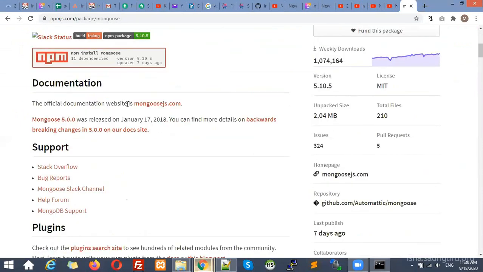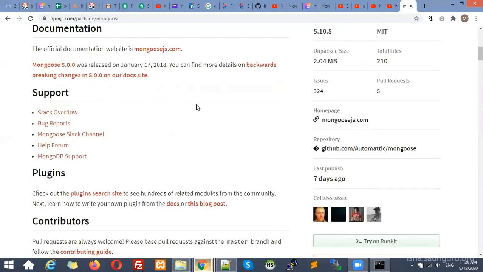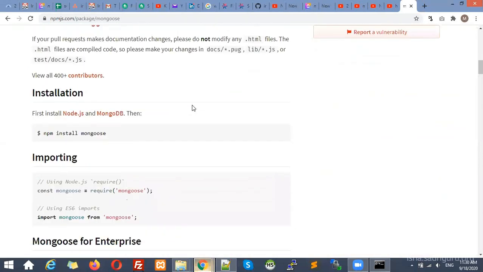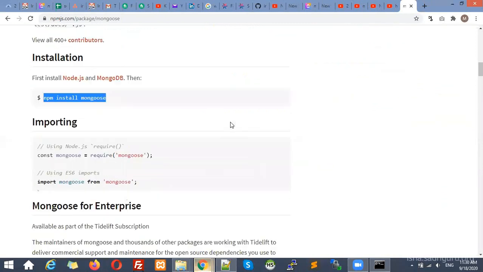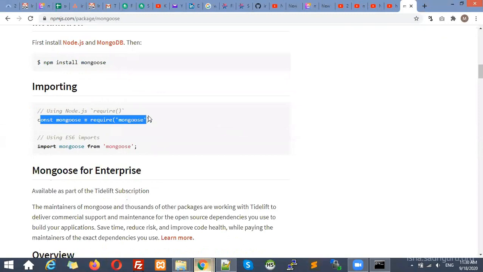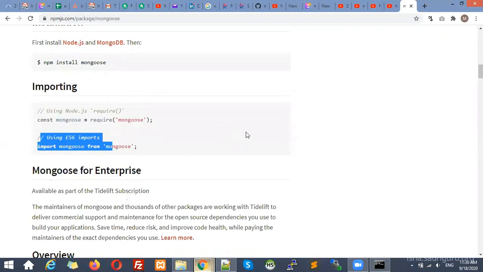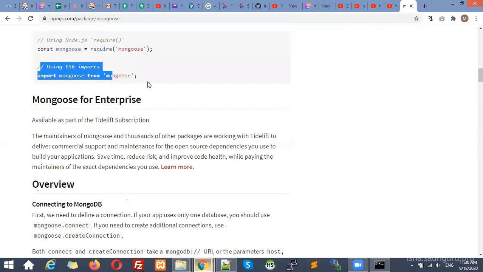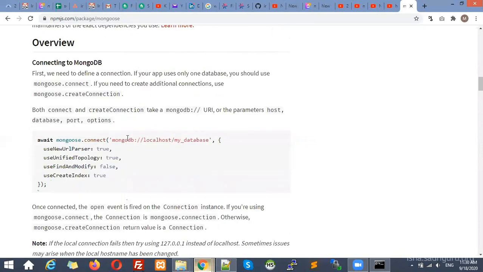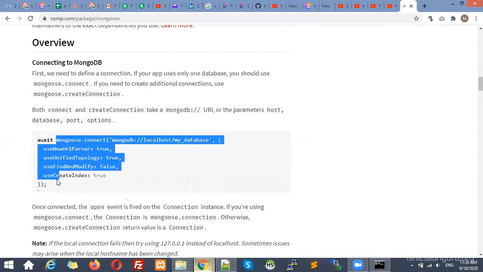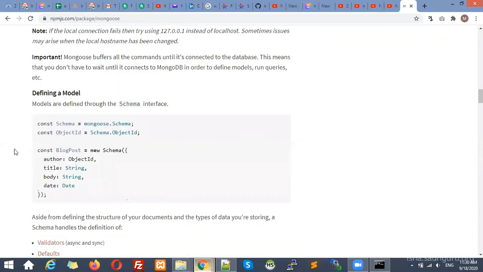Right? You can go to the website mongoosejs.com for more detail. Here, how to install. Right? We already installed it the same way. You also include it this way. You can create a connection this way. Right? After the connection, you can create a model.